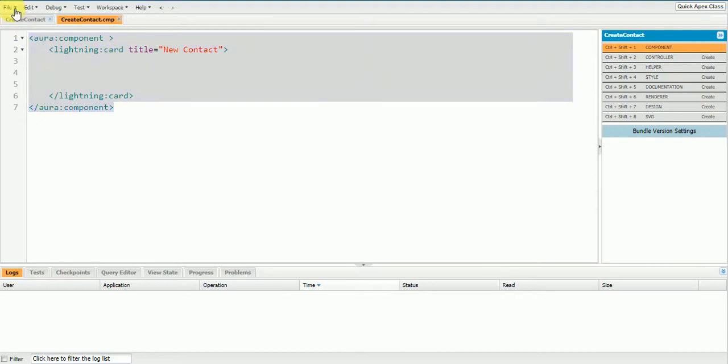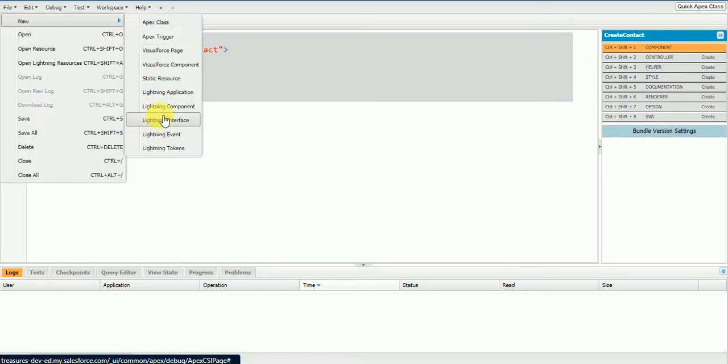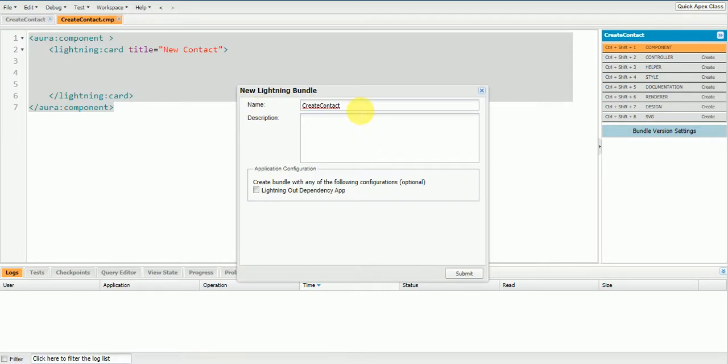And I'm going to create a new Lightning application here. I'll name this Create Contact App.